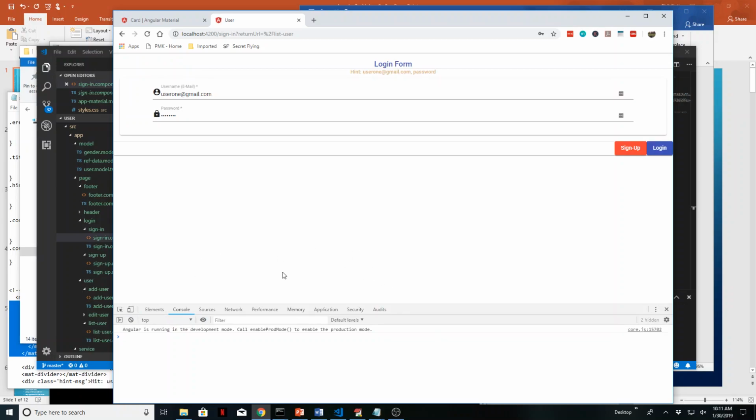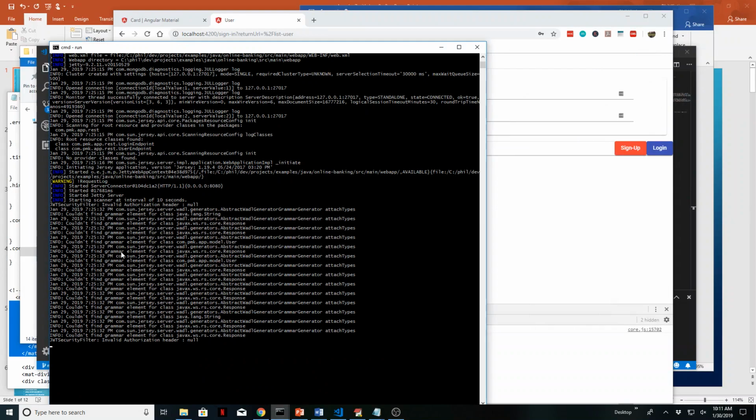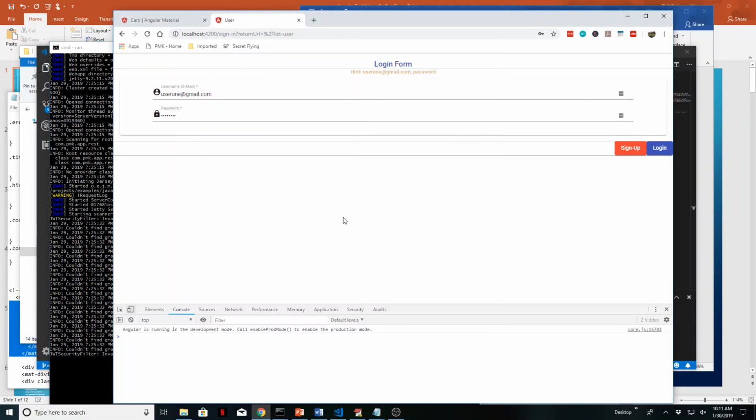So now to test it, eventually we're going to build the backend, but right now I have a backend running that has a user database, and let's see if it works. I'll show you this later, but the backend is running on port 8080, and this is running on port 4200. So you're going to have a CORS error. So I've installed this CORS